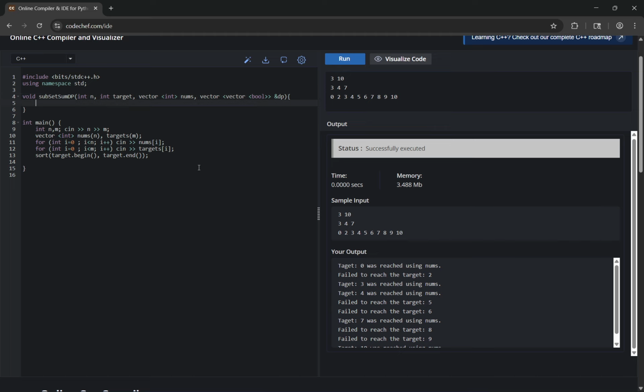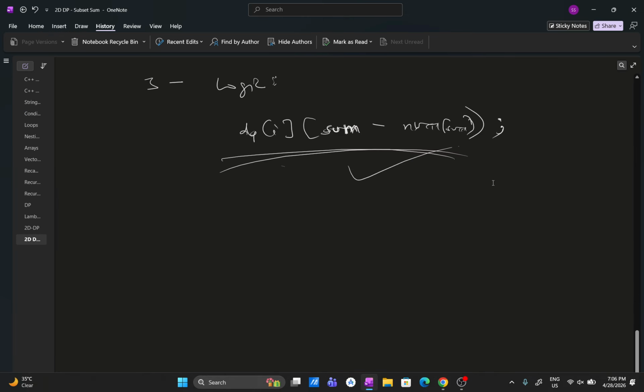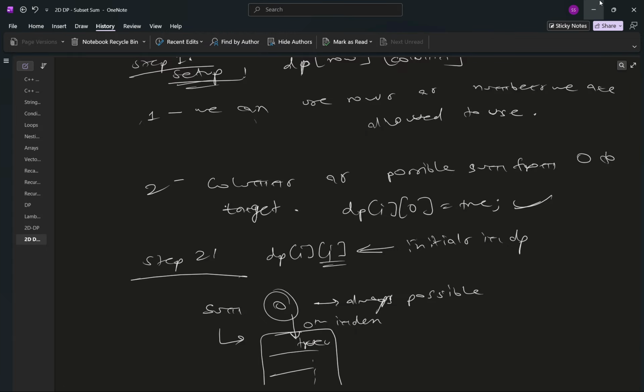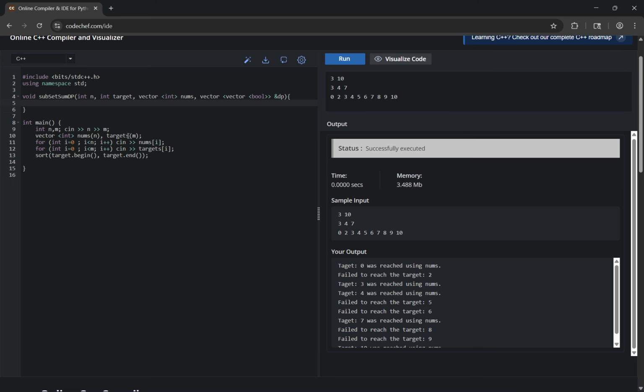So now we have our DP. Next, what will we be writing? We will be basically writing this over here. So we have n, we have target, and we have nums, and we have DP. So basically we'll be doing DP. What was our first step? Step one: DP[i][0] equals true. Okay, so for everything,